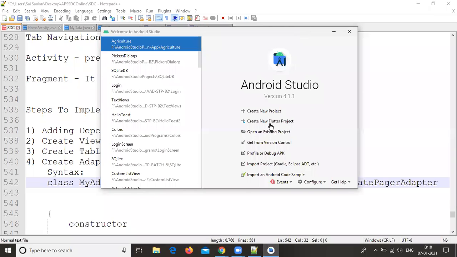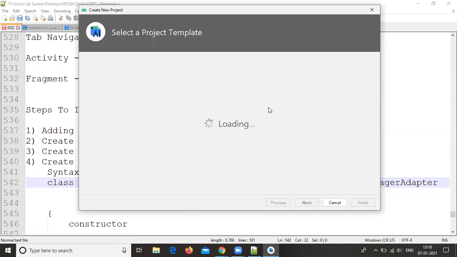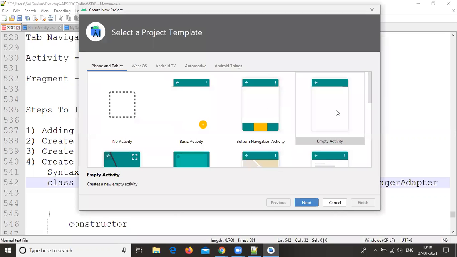Coming to our Android Studio, click on create new Android project, select empty activity, then click on next.